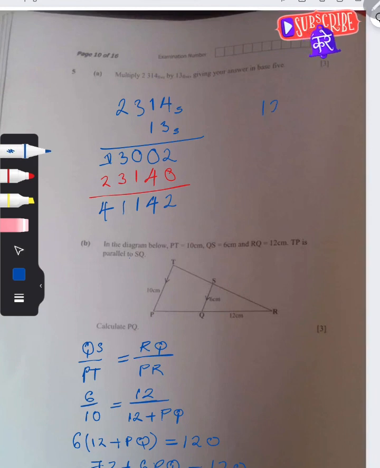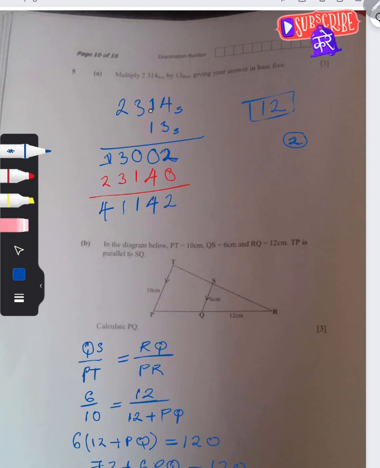4 is 12. Okay. Now the question is, how many 5s are in 12? We have 2 5s in 12, and the remainder is 2. So we write 2. We carry 2. Okay. So once again, 3 multiplied by 4 is 12. Okay. Now how many 5s are in 12? 2 times. This is a 2 that I've written here, and the remainder is 2, which we write here. Now 3 multiplied by 1,